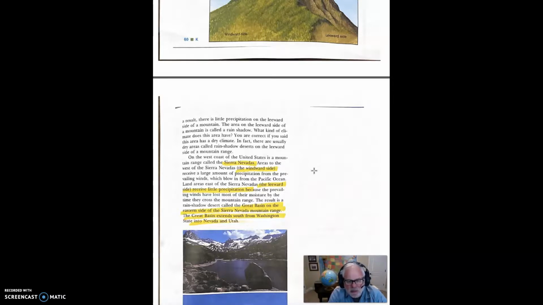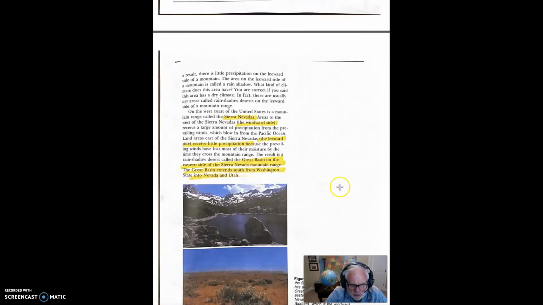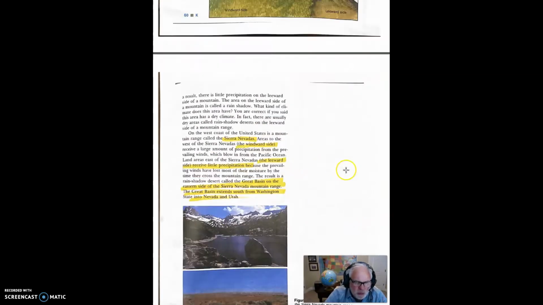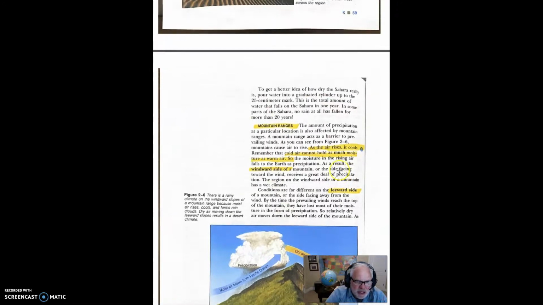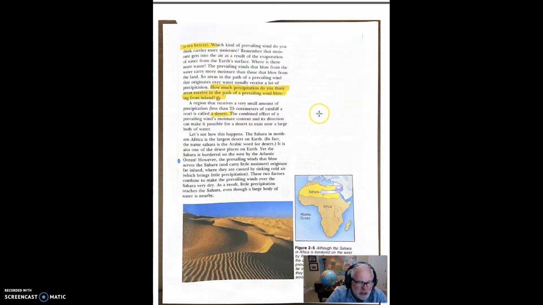In Salt Lake, we can be playing golf, and because of the elevation, as that air rises up over the Wasatch, just like this picture here, it dumps all that snow, then on the other side it's fairly dry. But that's caused by the lake effect we get here. So anyway, that's pretty much the two things that cause precipitation: mountain ranges and prevailing winds.